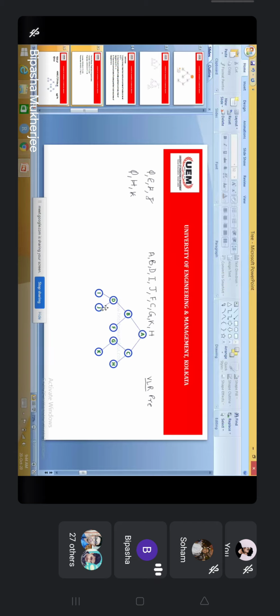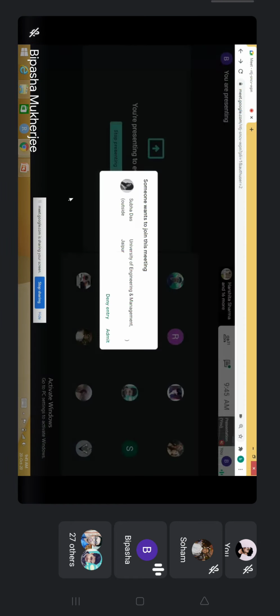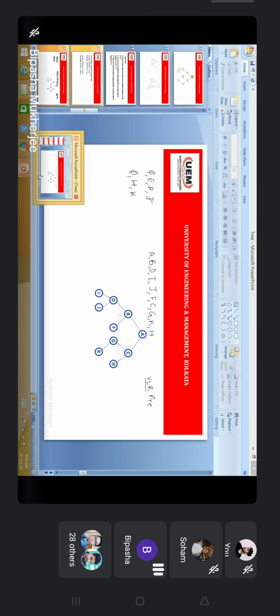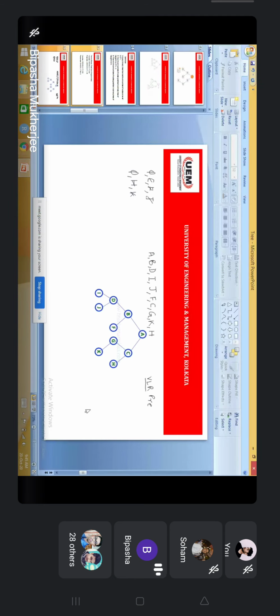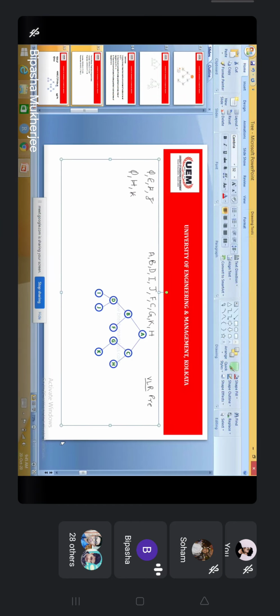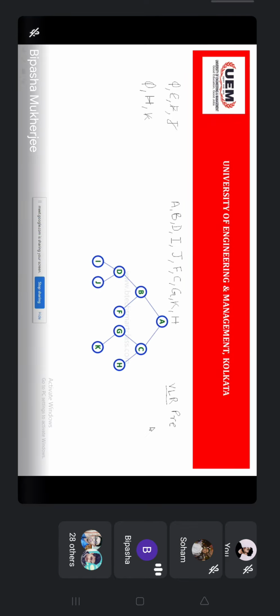From the root you need to follow the leftmost path. Whatever node is there in the leftmost path, you need to process it when you are doing the pre-order. Because in case of pre-order, the thing is that VLR means you have to visit the node first. Then you can go to the left side and right side.